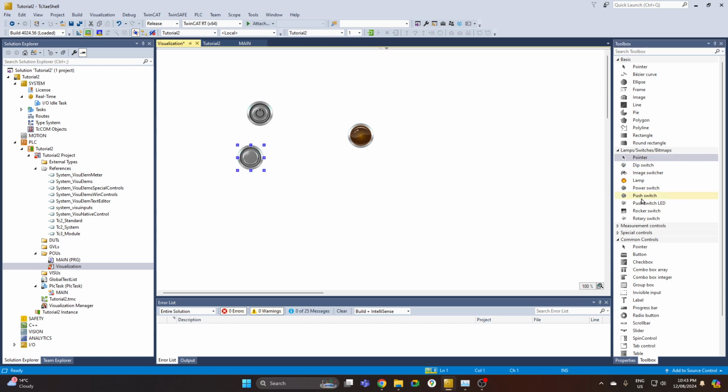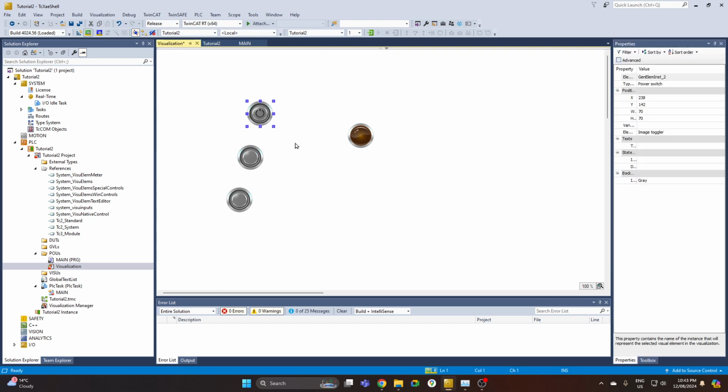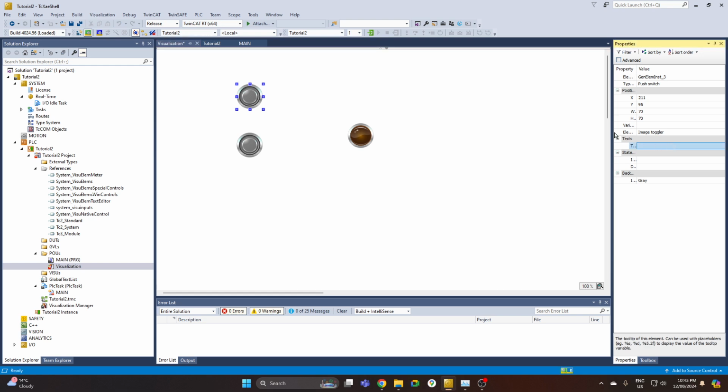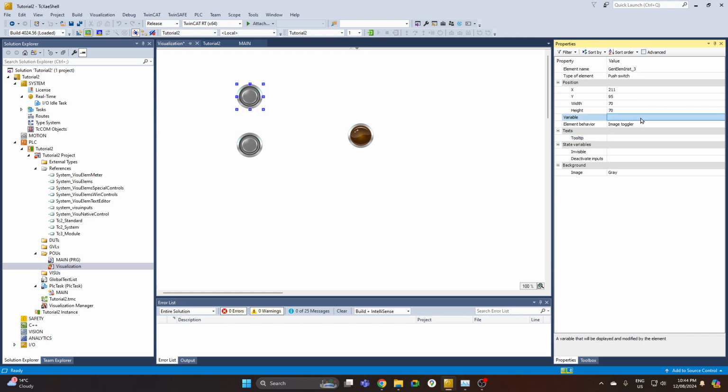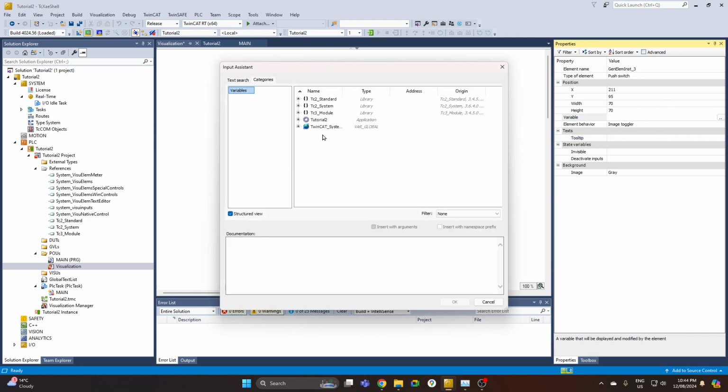Actually, I do 2 push buttons, right? Can delete these ones. And then in here, I tell what this variable does. So I come here in the POU, in the main one,